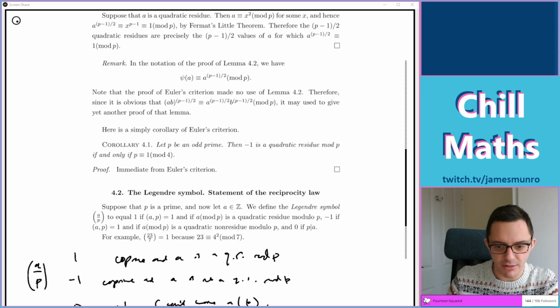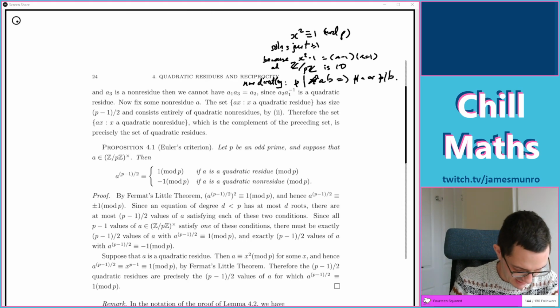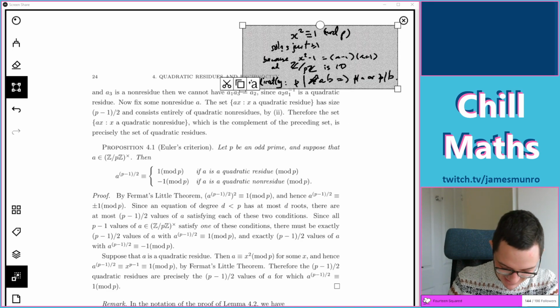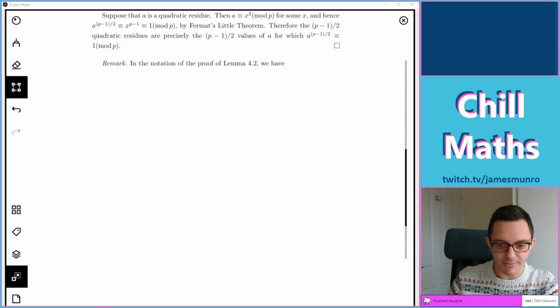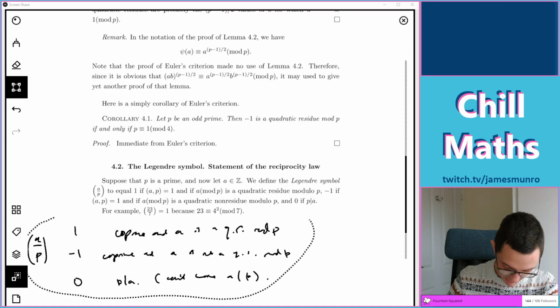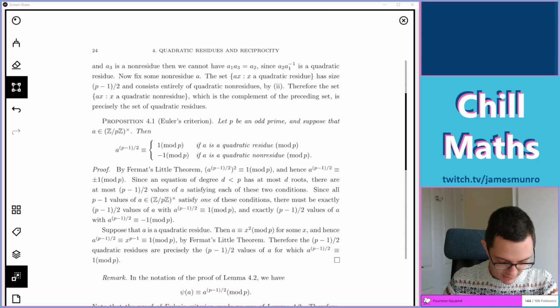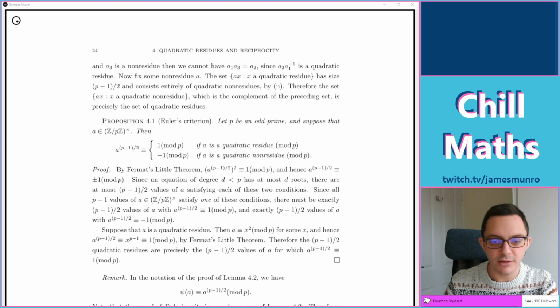Okay, so this is the page that I want to be on. And you can tell it's important because it's already got some of my scribbling on it from last time I tried to understand this. Right, good, let's get rid of that. And let's tidy this bit up down here as well. What is this? Oh, it's just me trying to write out the definition from the last time I tried to understand this. Okay, I think this is going to be a nice use of Fermat's little theorem, actually. So this will be good for us.